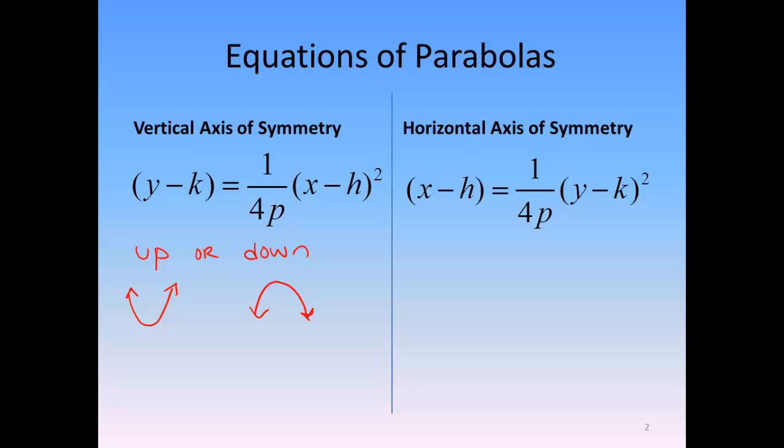We recognize them because it's the x that's being squared, and it's decided up or down based on this 4p. So down is going to be when that is a negative coefficient. The hk here still stands for your vertex. And this p that's in here, we'll talk about more in class, but for now,